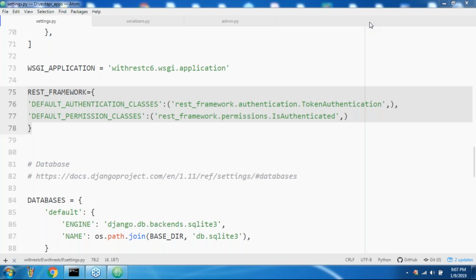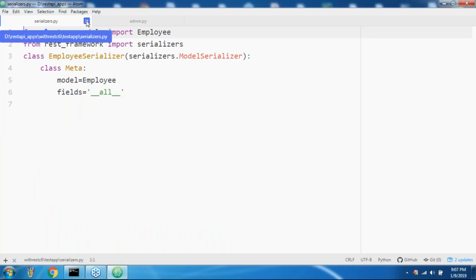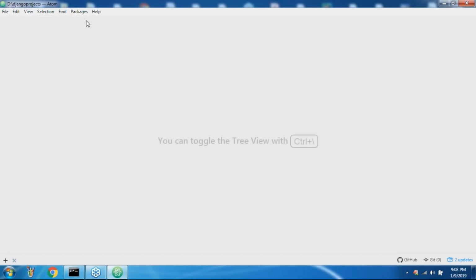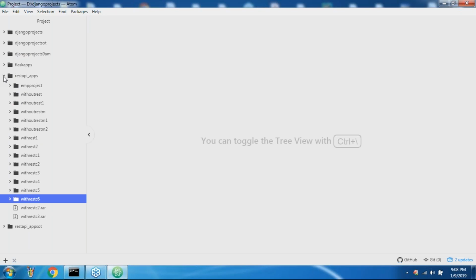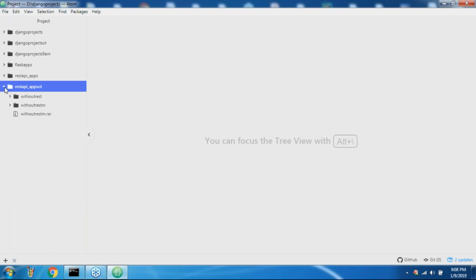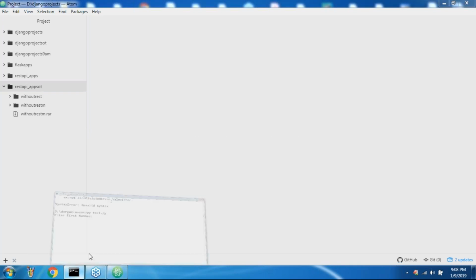We had a discussion about how you can develop an API to implement simple database CRUD operations without the REST framework. I didn't use the REST framework, sir. Without the REST framework, how are we able to do that? That is what I explained. Now I will go for one more example, sir, so that you people can feel more comfortable. Without the REST framework, let me take a small example, sir.